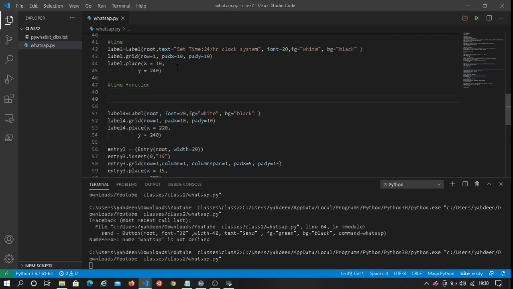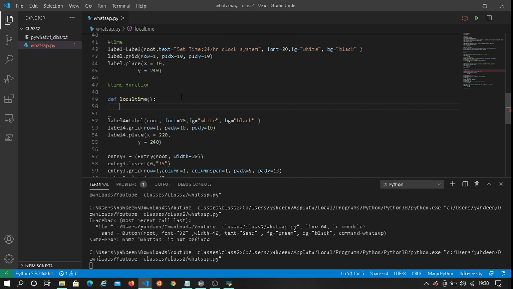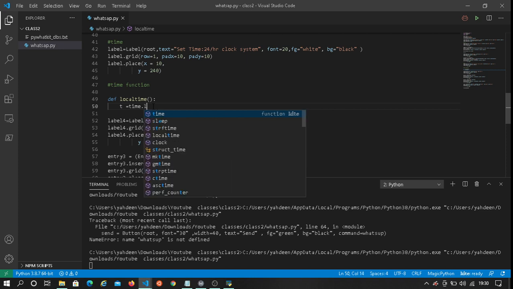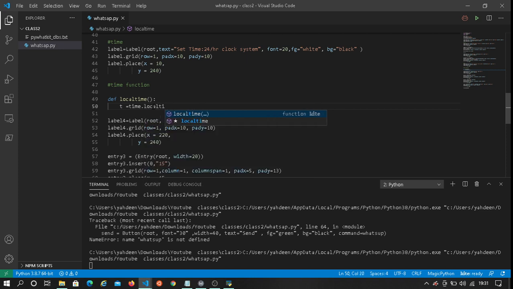Now here, this is the part that I wanted you to see and understand. So define local time, and so this is the name of the function, local time. So it's t equals time local time.